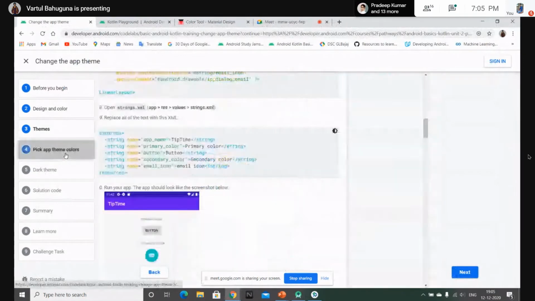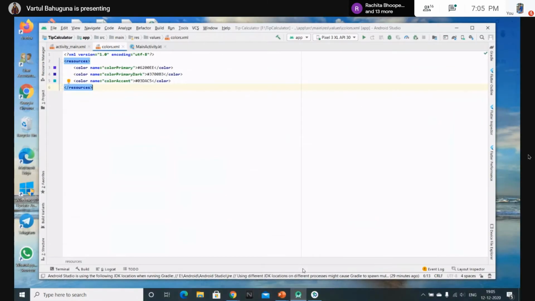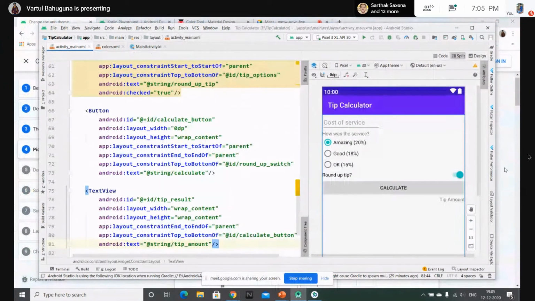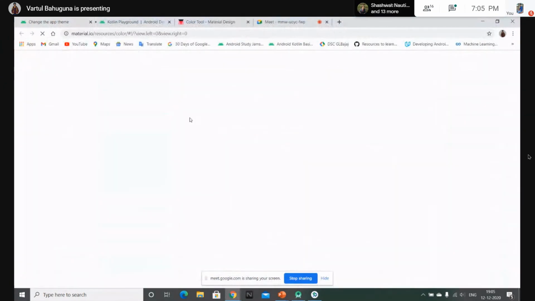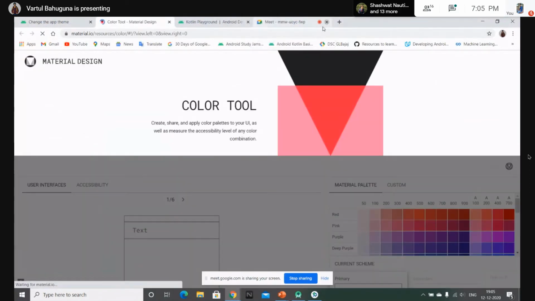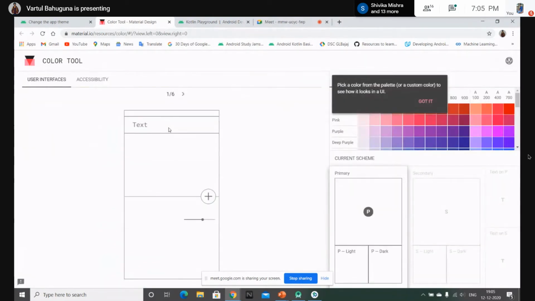So picking up the app's theme. For picking the theme for our app, the basic background colors, the status bar and the app bar colors, or the accent colors, Google provides us with some color tools. Just click on this link, and here you can see the app bars.